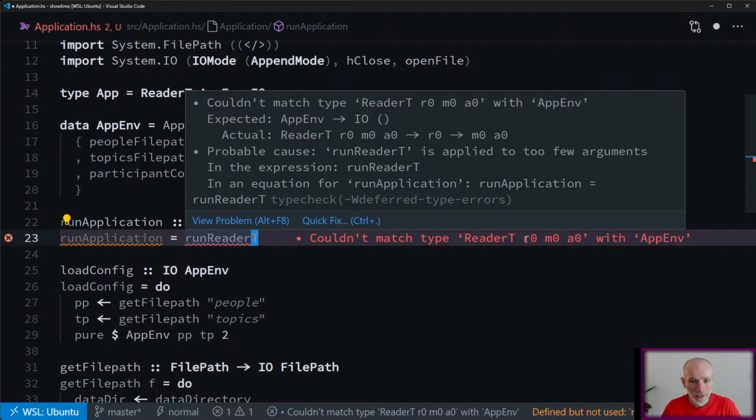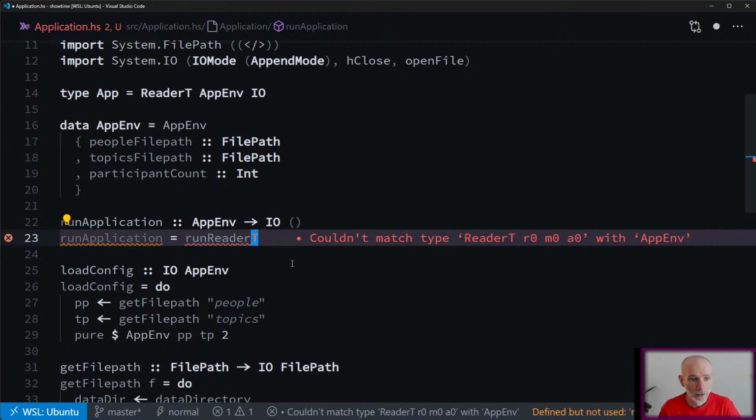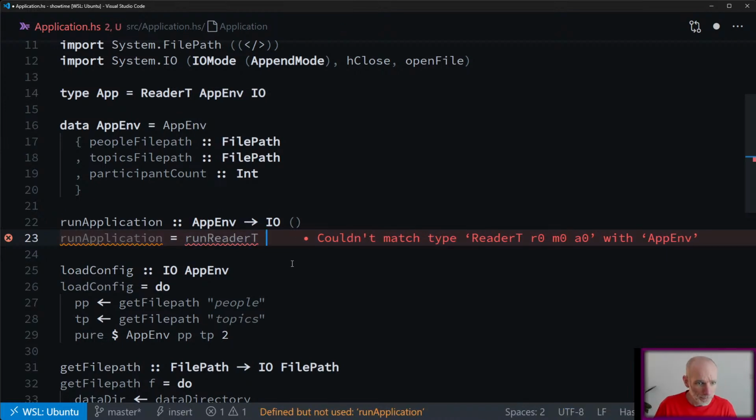One more than expected. Oh no, sorry. Given some type, so this will be my app, and some initial value, which is my append, then it should return something under there. Okay, so I think runReaderT